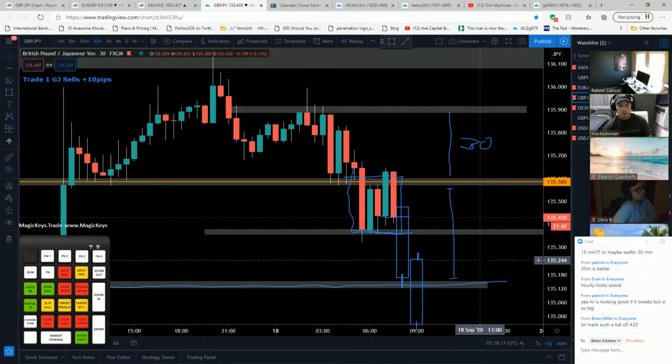Yeah, huge rejection on a 1 hour. But look at the 4-hour, it had a massive rejection and it just got filled again. So yeah, I'm gonna give my trade a second chance because I actually entered a sell when